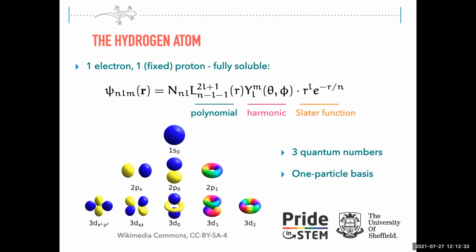So n essentially determines the energy, and that's the first number in these orbitals that you can see these pretty pictures of here. I don't know why some of them are rainbow colored and some aren't. This was just a copyright-free image that gave a good representation. And then the angular momentum effectively determines the shape. So angular momentum 0 will always have spherical symmetry, and we call those the S-type orbitals, and then you get the P and the D-type orbitals, and they have these